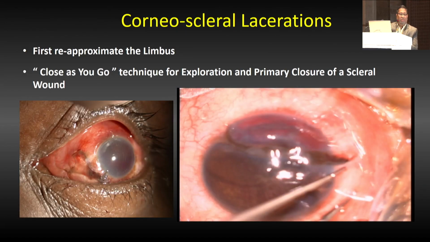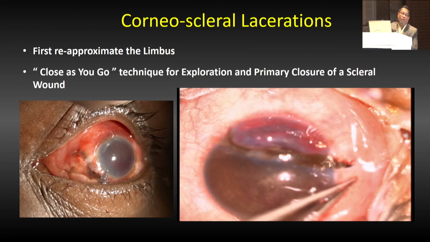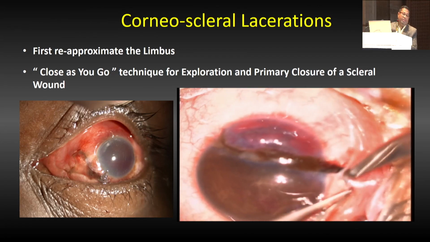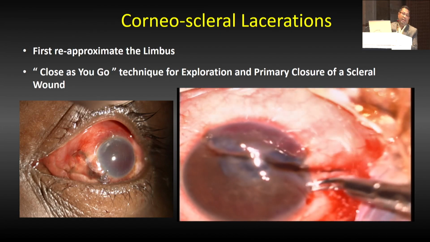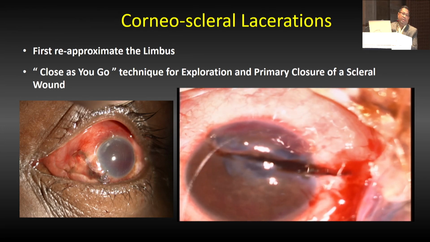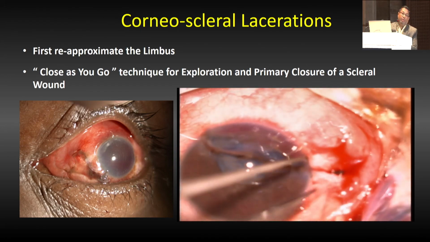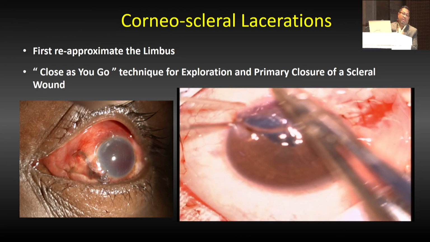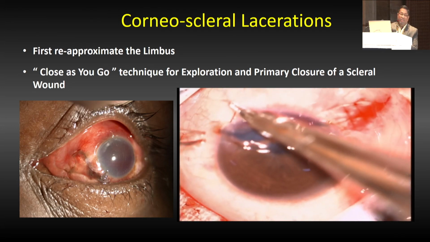So coming to the corneoscleral injuries, once you have got this case, you have to see whether iris is prolapsing or not. If there is no iris prolapse, you can suture either way, either from the limbus towards the sclera first, or if there is iris prolapse or vitreous in the AC, once you cut it, then you add the first suture at the limbus and then the second suture subsequently into the cornea. In this case there is no iris prolapse, so we have decided to close either way. Wherever we suture is okay for us.